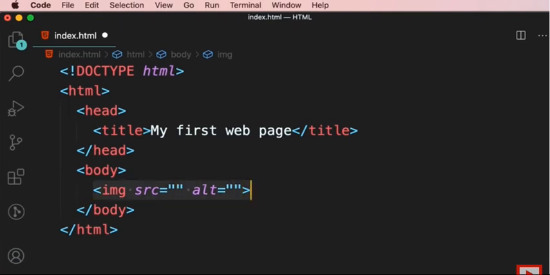Here's our image element. Now this image element is different from the other elements we have created so far. Can you tell the differences? There are two differences here. The first difference is that here we don't have a closing tag. We only have an opening tag because the image element cannot have any child elements. That's the reason. Now in the previous versions of HTML, we used to add a / here, and this represents a self-closing tag. But we don't have to do this in HTML5, so I'm going to keep the code simpler. Now, here we have two attributes, source and alt. With these attributes, we